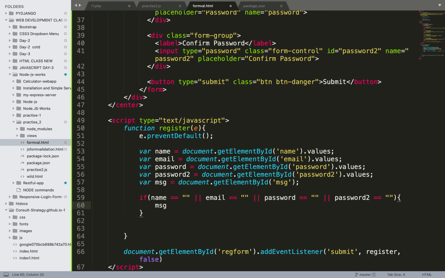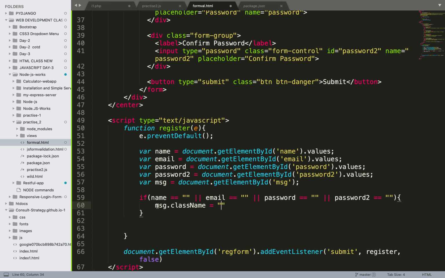So message dot class name, just a minute. Okay, so msg dot class name, inside this we need to mention which type of class we want for the alert.